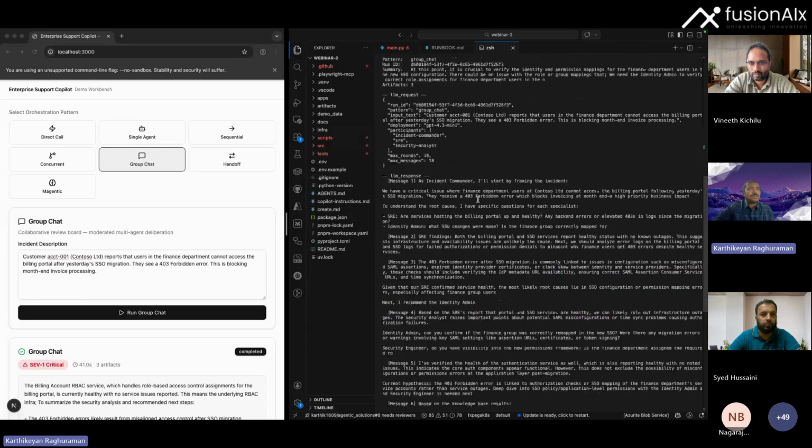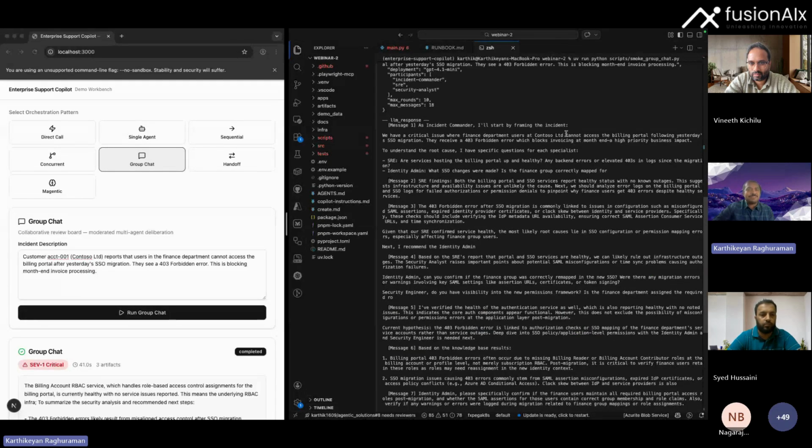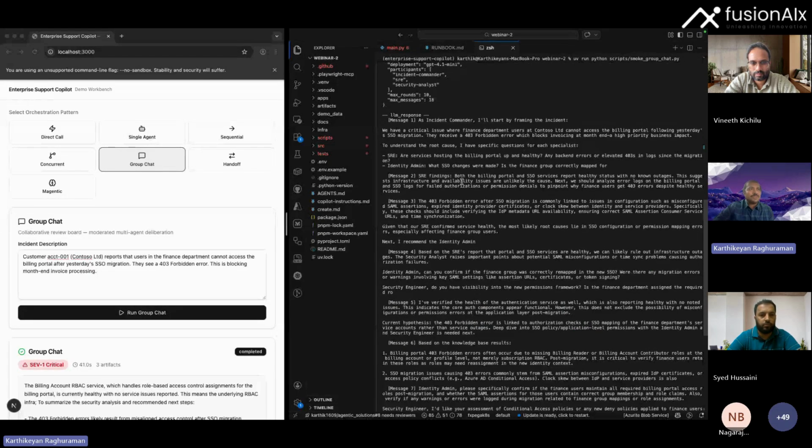The first one, as incident command, says I'll start by framing the incident and so on. This passes it on. Both billing report healthy services, healthy status with no outages. It looks up the status with a tool call to see whether a particular service is actually down or not.